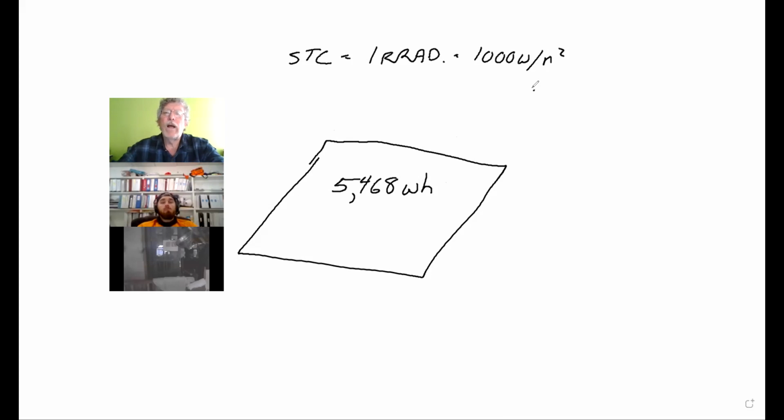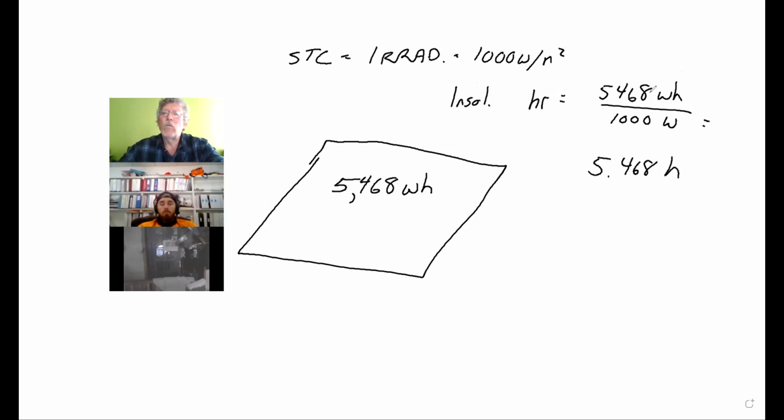So then we say, well, an hour of sunlight or an hour of insolation is the number of watt hours hitting that square meter divided by STC, or 1,000 watts, and we end up in this case with 5.468 hours because the watts cancel. What we would refer to here is that this location got 5.468 hours of insolation. So it's just a conversion from irradiance, which is measured in watts or watt hours, and